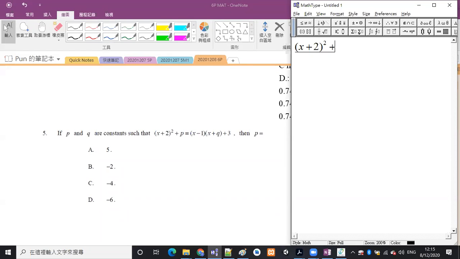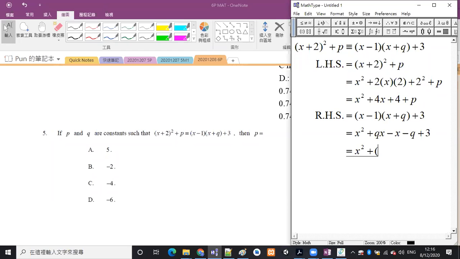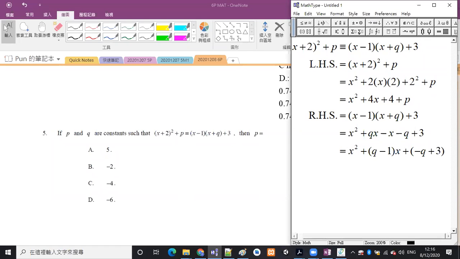identities，咁我哋而家有呢條 identities：(x+2)^2 + p 等於 (x-1)(x+q) + 3 咁樣啦。咁呢啲嘢基本上都係我哋拆晒括號就得㗎啦。OK，left hand side 就係 x square plus 4x plus 4 plus p。咁我哋要分清楚 x square term、x term 同埋 constant term 咁得㗎啦。OK，right hand side 就係 x minus 1 times x plus q plus 3。拆括號 x square plus qx minus x minus q plus 3。咁但係跟住我哋要 prove 翻埋啲 term 喎，就係 x term 就有 q minus 1個 x，OK，and then plus negative q plus 3 constant term，得唔得？